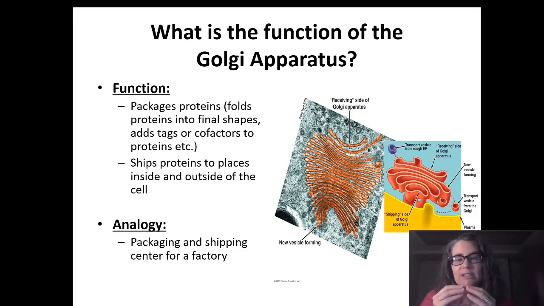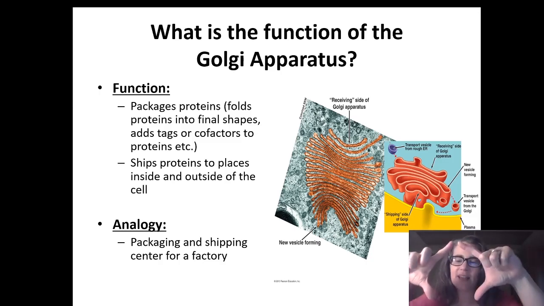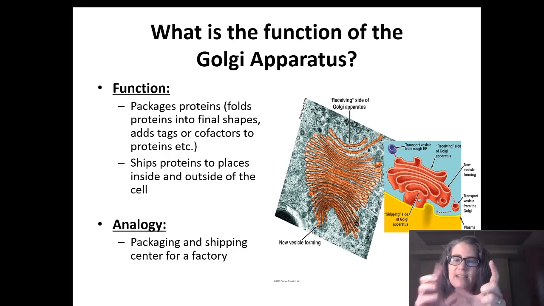Sometimes cofactors and tags are added. So like different kinds of metals or different kinds of vitamins, minerals, these kinds of things need to be added, right, to a protein structure. These might be things that you're eating, but to finalize a protein, they need to be embedded into that protein in order to make it work. Think about hemoglobin. It has this loop of proteins, and then embedded in the center is this iron complex